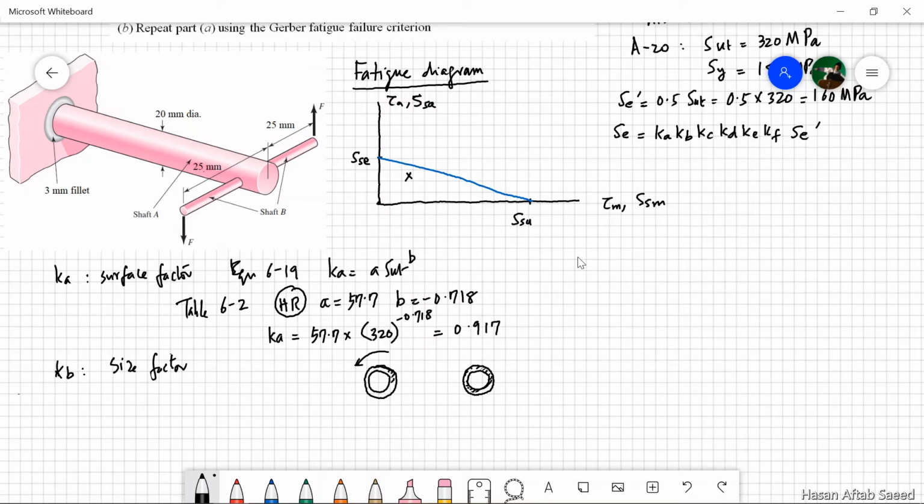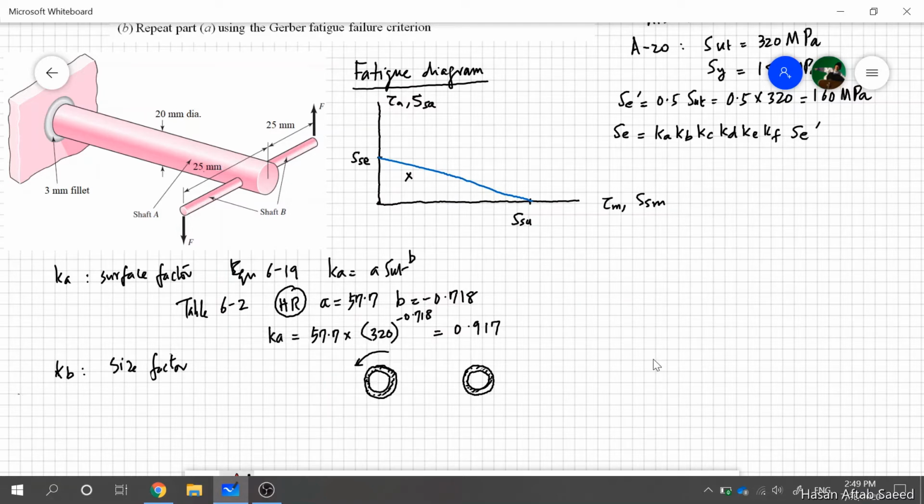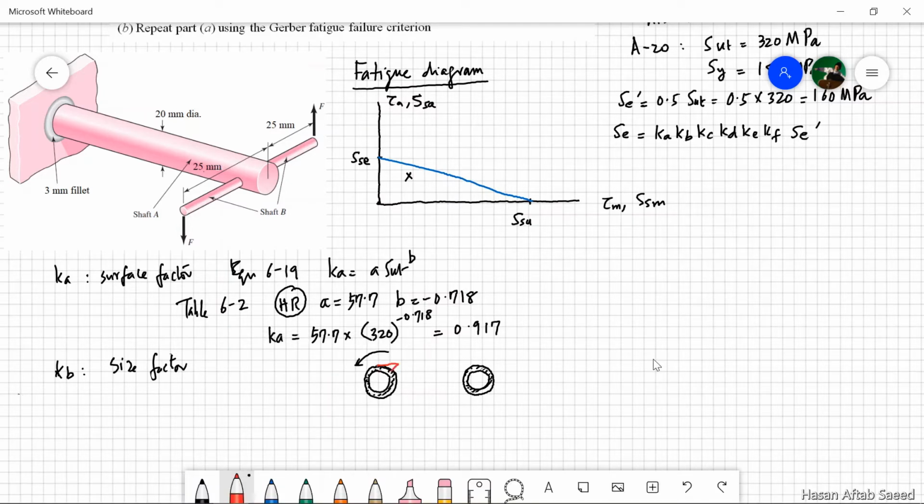Similarly for this. And why is that the case? That is because the distribution of stress in bending is like this. Now, if it is non-rotating, then there's maximum stress at the top and the bottom. But because it is rotating, these top and bottom points keep on changing. So the outer ring takes up most of the stress. And this is the case in torsion also.